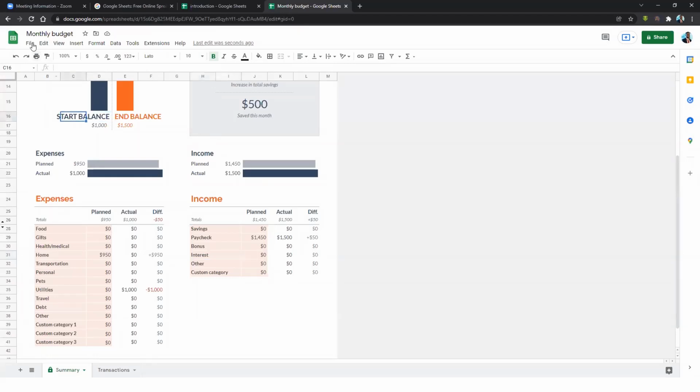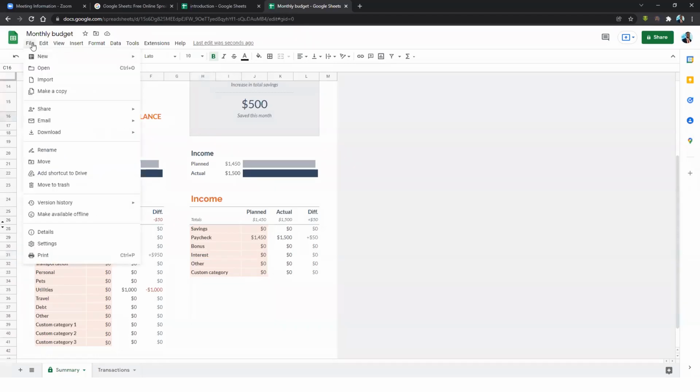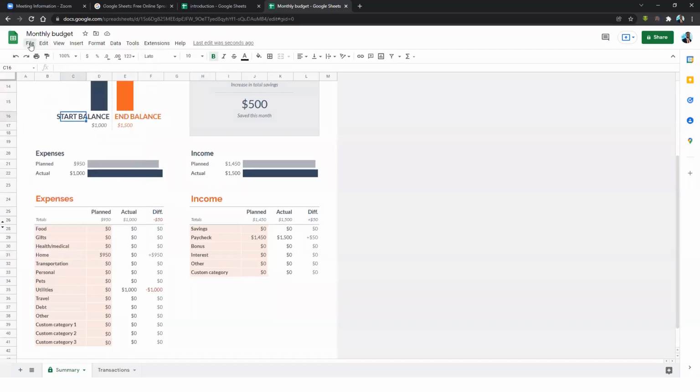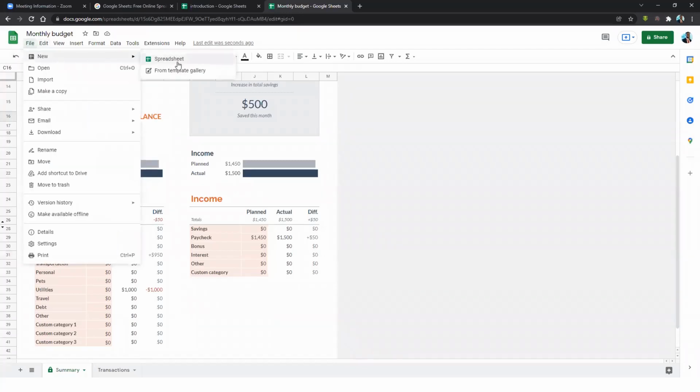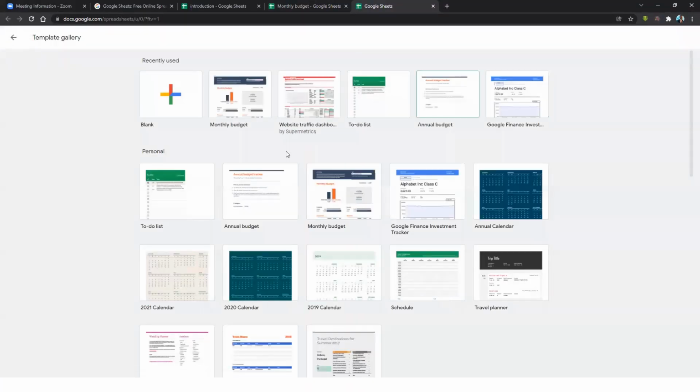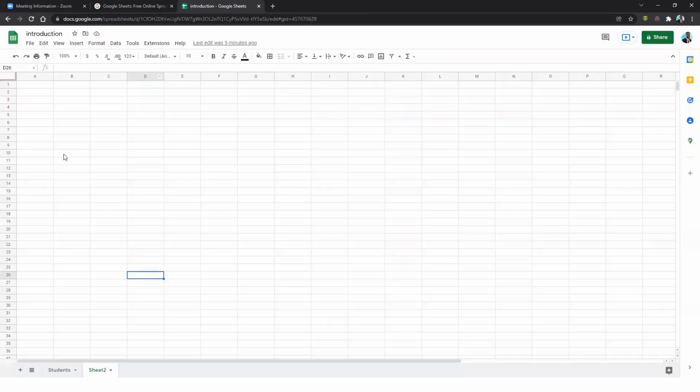If I go to file, so I told you how to insert a template. You just go to file and then you go to new. You can create a new sheet right from here, or you can start with a template. I mentioned that the templates are inbuilt spreadsheets that have been developed by either Google or by other people. When you go to the template gallery, you'll be able to see some of these templates, and you can use any of them and customize it to suit whatever you want to do. Okay, so now let's go back to our introductory